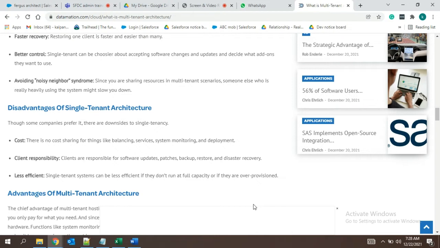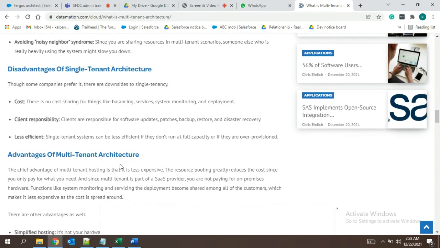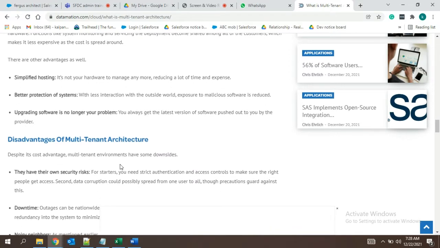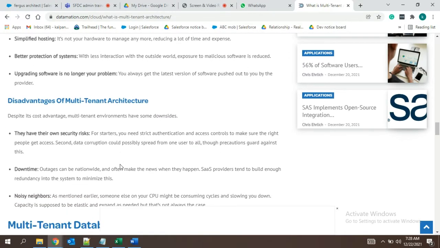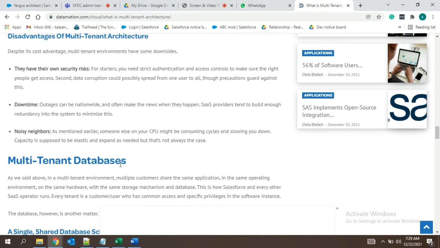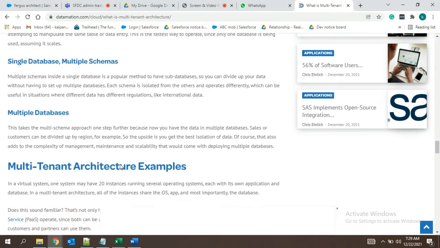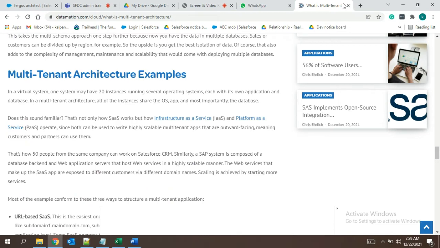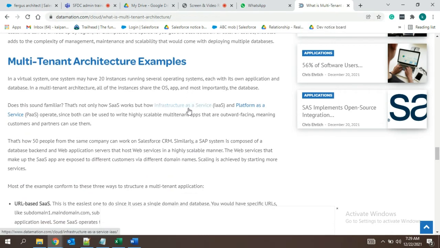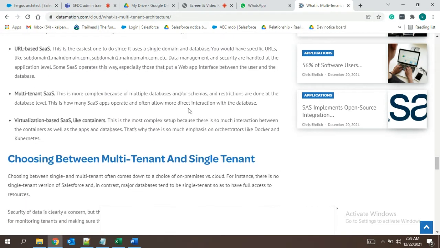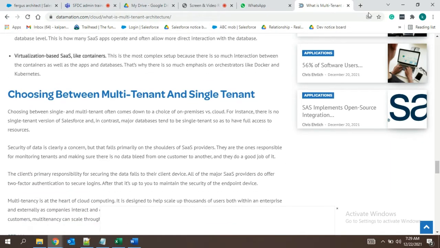But on average, if someone buys only one single apartment rather than the entire building, the cost will be reduced and everything will be shared among everyone. A single tenant has more cost. You can go through it once, but that is the final point: Salesforce and SAP and others are utilizing this type of architecture. Okay,